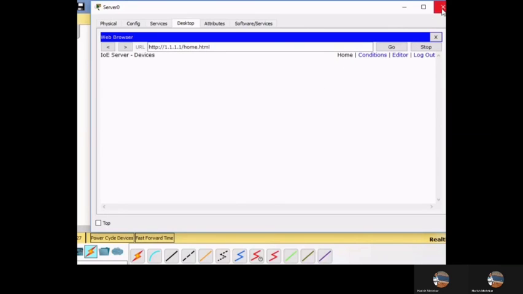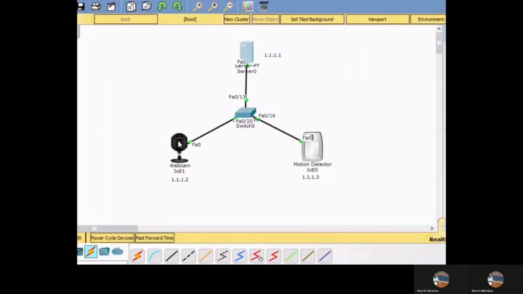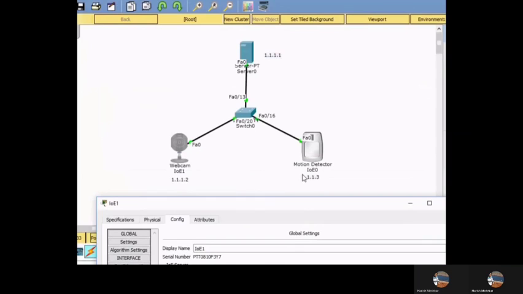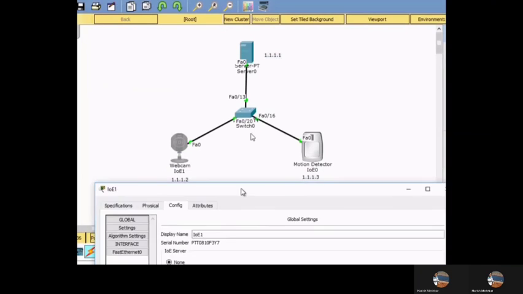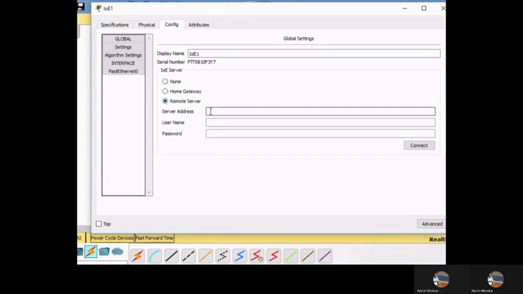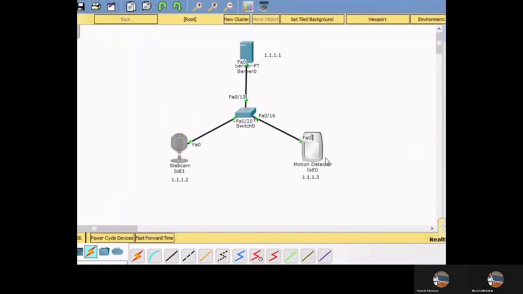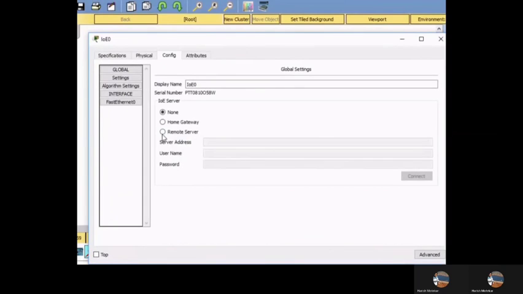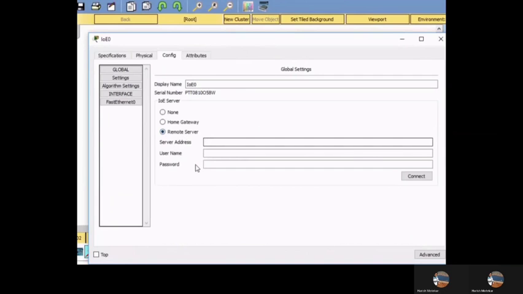Now you can go to the server, and sorry, before that we need to make some changes. We need to connect all these devices to your home network. For that we have to connect to the remote server. Our server is the remote server, and the IP address of the remote server is given, and I'll assign the username and password. Okay, now connect. So first the component is connected. Now I'll connect the motion detector using the same steps. Connect to the remote server. The IP address will be the same, and I'll assign the user ID and password of the server, and then connect.